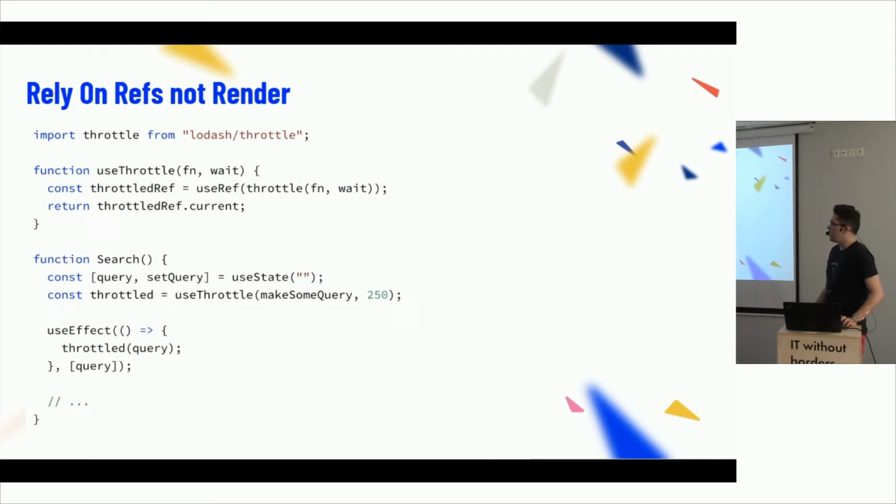So it doesn't really achieve the goal of throttling. And instead of relying on this render cycle, you should rely on refs again. I think useRef is an underutilized idea, because if you go for useThrottle that is available on npm, there are like three implementations of useThrottle on npm, and they tend to use state for this, and with useRef it's so much easier to do it.